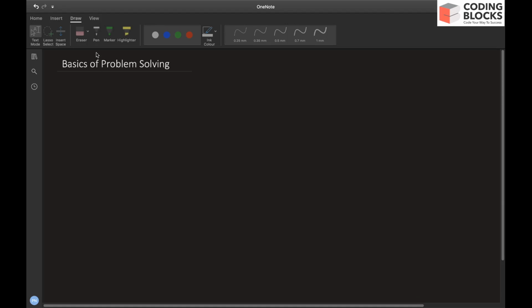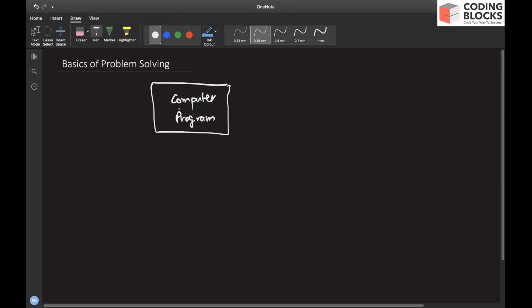Most of you have already worked with computer programs and you know what a computer program does, right? Let's talk about a simple computer program. Since you're going to learn how to build programs, you need to understand that a computer program is nothing but a set of instructions that converts certain inputs, which are more or less numbers, into certain outputs.